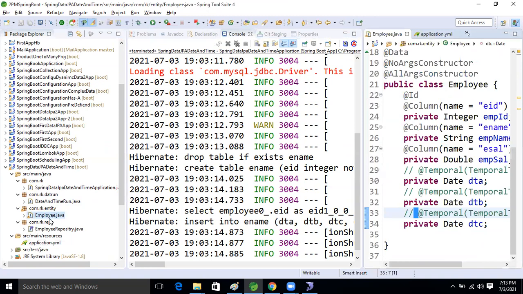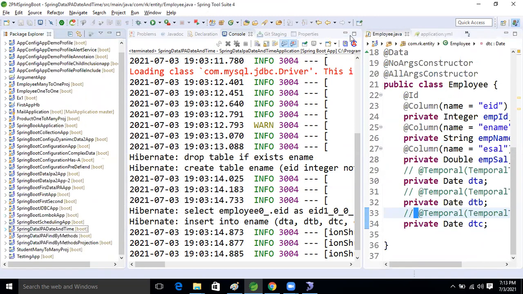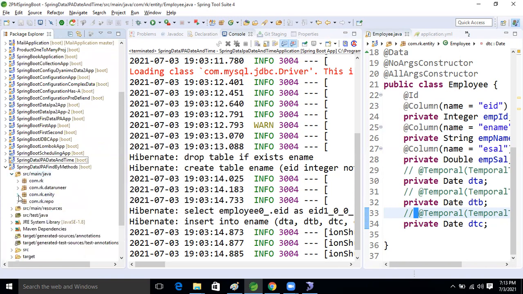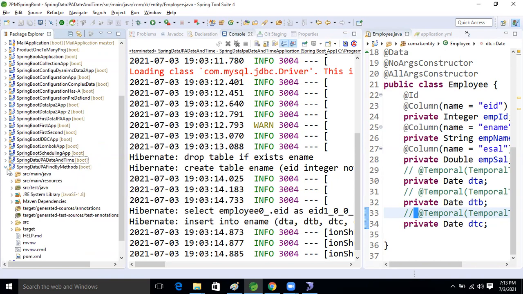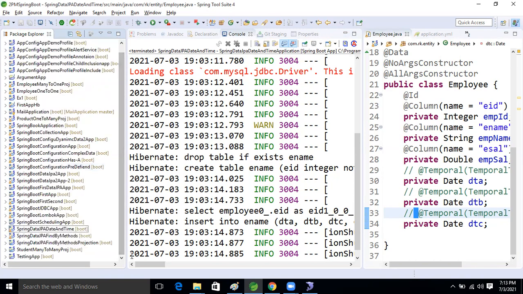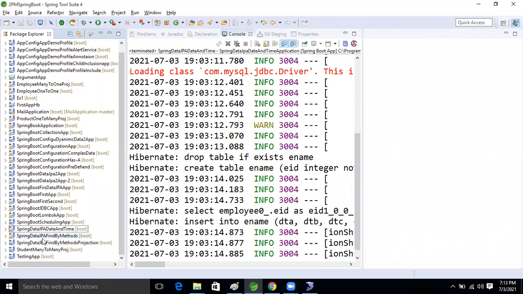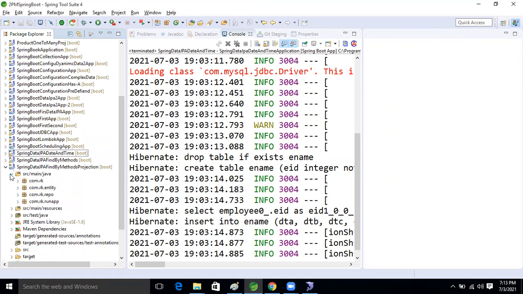Our product. We already have the find by method. Inside that, we are taking student, and somewhere we are taking product also. In that only, a little bit of clarity will be there now. Data JPA find by method, projection. Yeah, we have taken the product now.